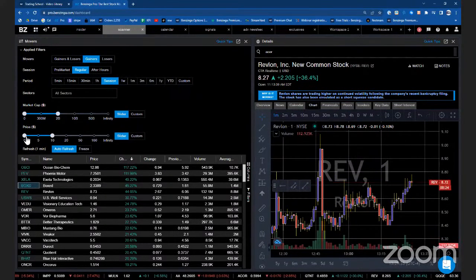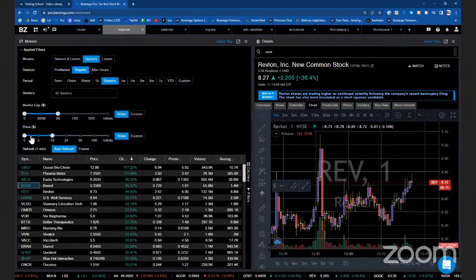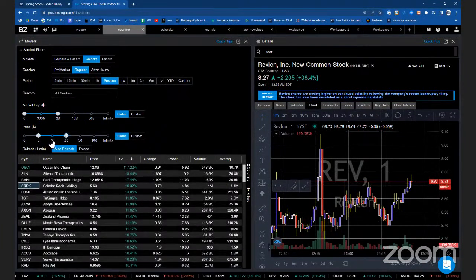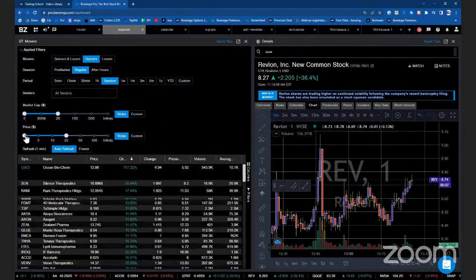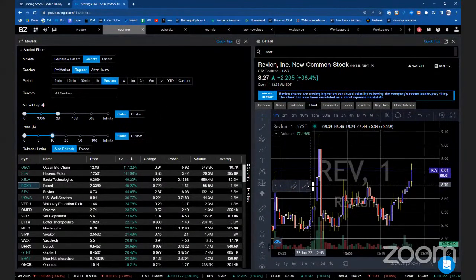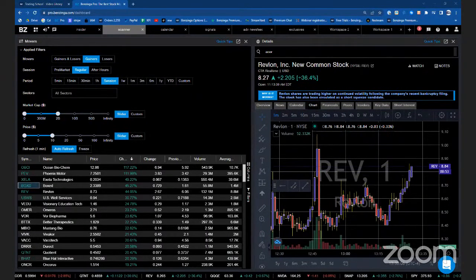But then you can also do the price, right? So if you want to trade stocks that are $0 to $5, go ahead. $5 to $10, or 5 to 20, or up to 100, or infinity, literally. So this is really important for traders, right? You definitely want to trade what you're used to trading. Oh, there it goes. There goes Revlon. We got Revlon squeezing live here. All right, so this is pretty much how you can update all this stuff as you're trading it.